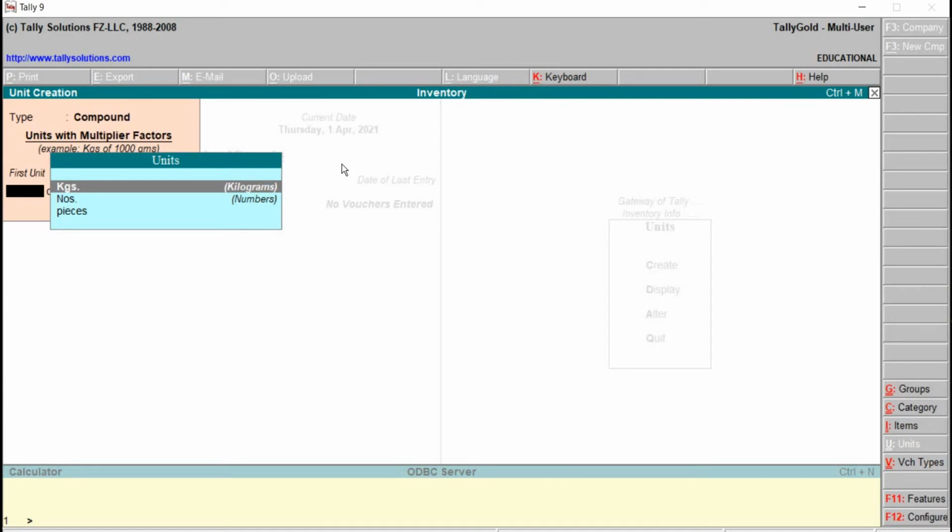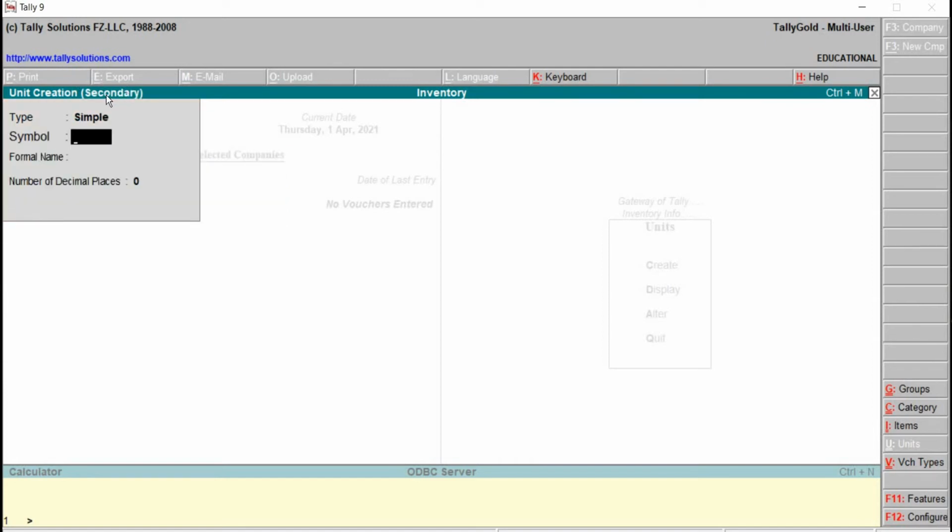To create that one, which is not available in the list, we can create from here also. In that case, we have to use the shortcut key, that will be Alt C. Alt C to create, that is C to create. A secondary window has come down, correct? I just type here dozen, formal name optional, decimal places 0,